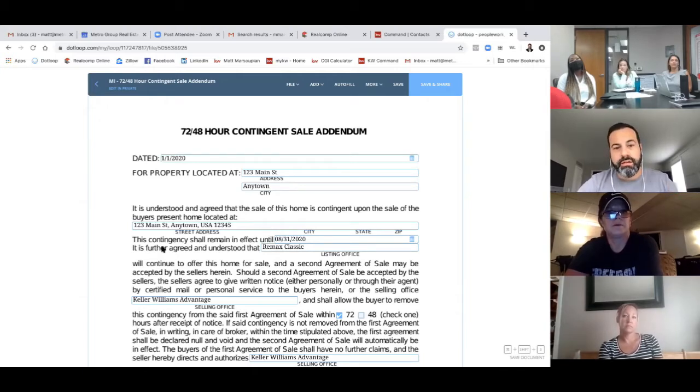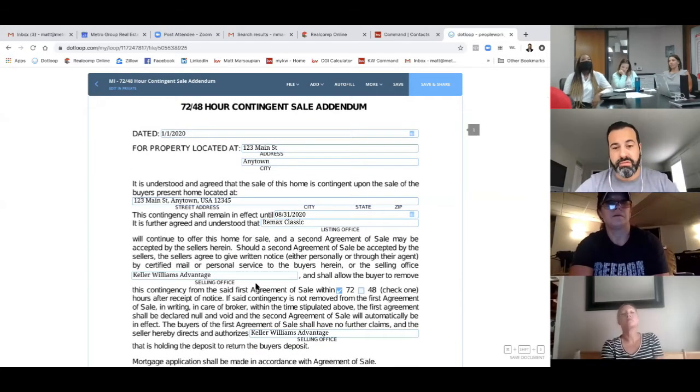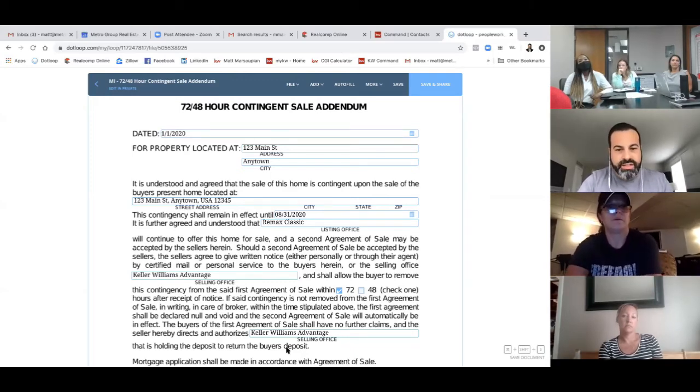Now, if you're representing a buyer and you have a seller that agrees to mark the home pending and not accept backup offers, by all means, do it. I mean, the sellers are just at a disadvantage there. Mm-hmm. So when a listing agent or a seller says, yeah, we would accept an offer contingent, but we want to keep it on the market or keep a first right of refusal, that's where this addendum clarifies things. Okay. It just seems like this, for the seller,